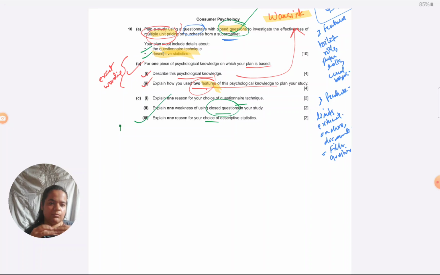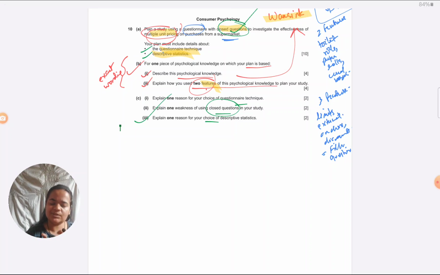See whether what you've written is matching with mine. It does not have to be exactly the same feature, but is it to the effect of what I'm writing or not? So are you also able to write in the same way, not the same answer, but in the same way that I'm writing? You can keep on checking. My intention is that you should not be passive while watching this video. Don't just keep on seeing what I'm doing. Make sure you are actively practicing so that you can learn from it. I'll be writing an answer, and again, I want to reiterate, this is not the only answer you can write. This is my style of writing.